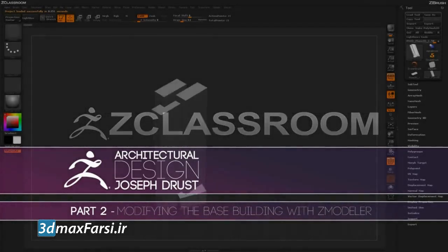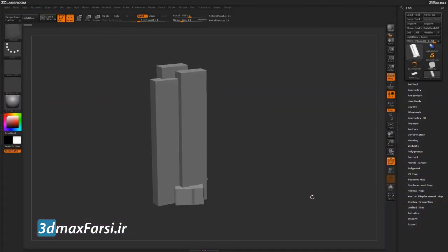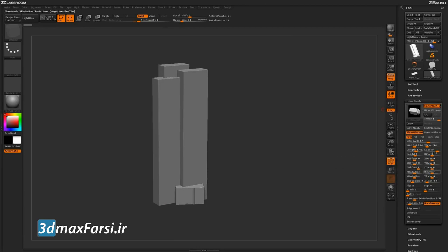So now that I have the base silhouette of the actual building created, I now need to turn this into real geometry so I can start using the ZModeler brush on it to create some further changes. As you'll notice, I have polyframes active right now on the model, but the model is not being viewed in polyframe mode. This is because all the geometry here right now is nanomesh geometry. If I come over here and open up the nanomesh tab, you can see I still have nanomesh active